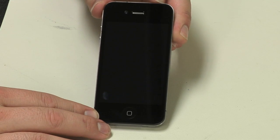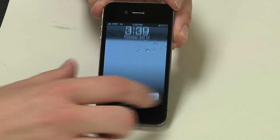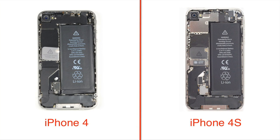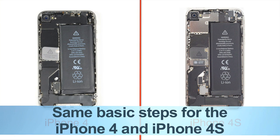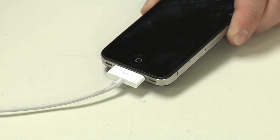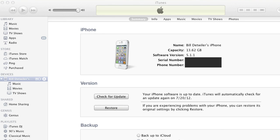Lastly, I'll be replacing the panel on an AT&T iPhone 4, but you can use these same basic steps on iPhone 4s from other carriers and the iPhone 4S. You may, however, encounter differences, such as the location and type of vibration motor and the position of the motherboard screws. The first step is to back up all the iPhone's data using either iCloud or iTunes, just in case